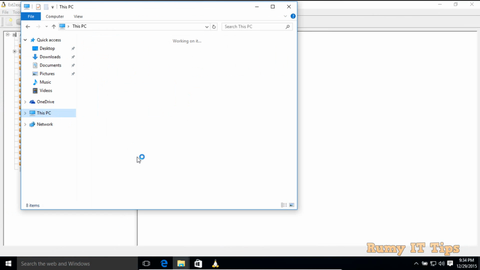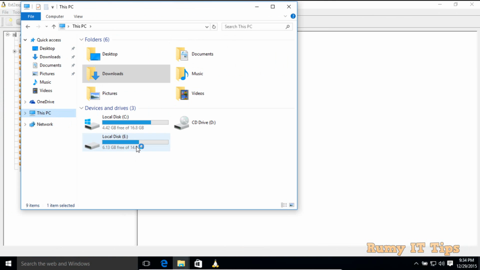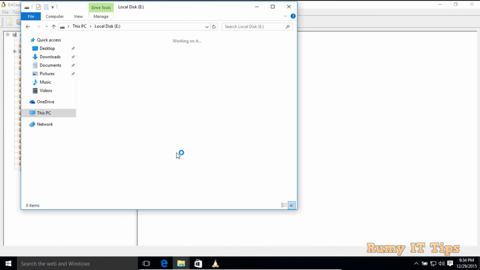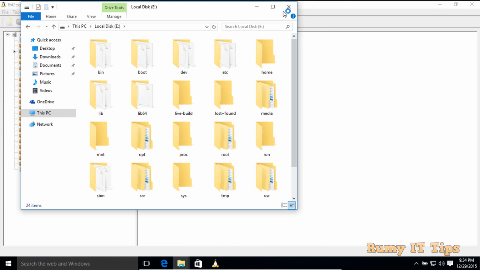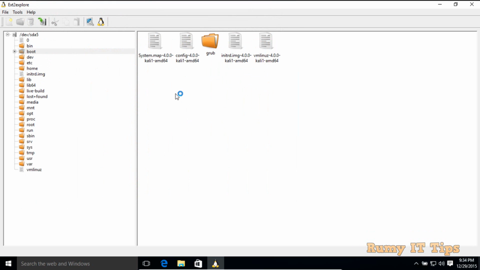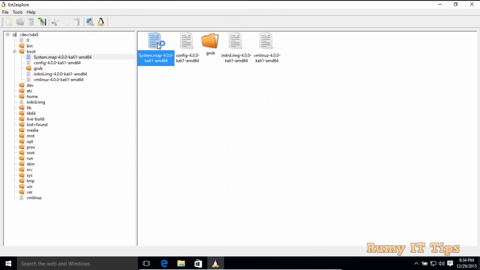If you compare with this, ext2 explorer is better, because it shows your drive letter instead of only a view of the files. Now you have the option to see all the file formats, but it's also in read only mode, so you are not able to do anything here.